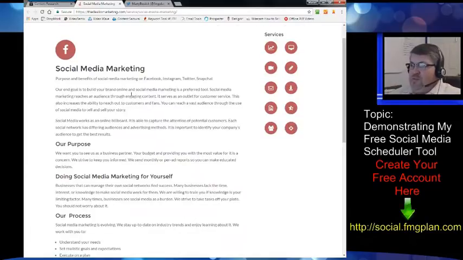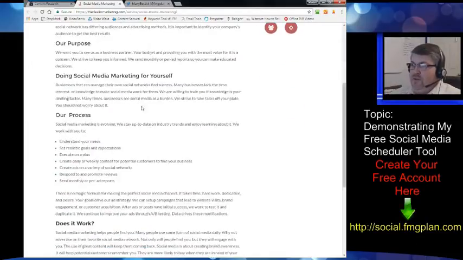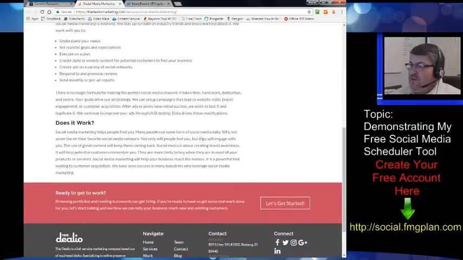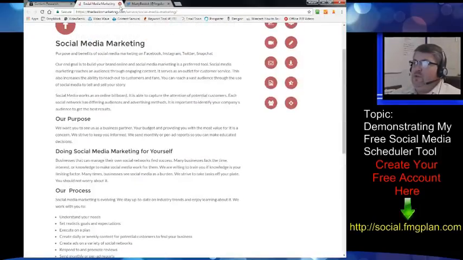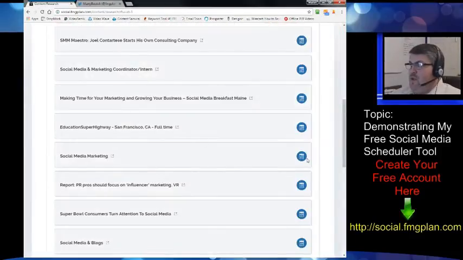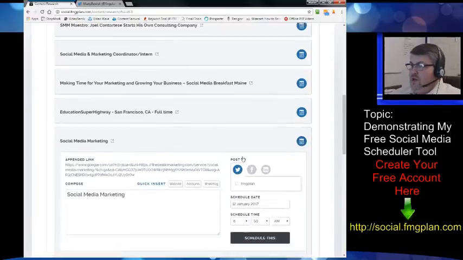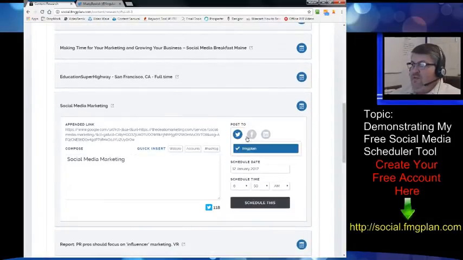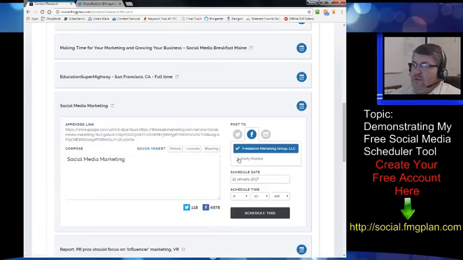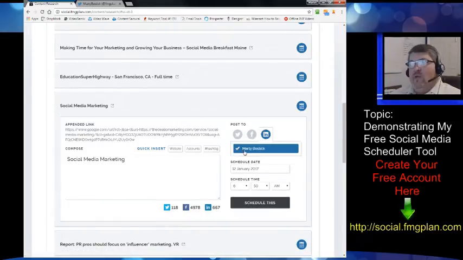It's talking about purpose and benefits, doing it yourself. Okay, that's a decent looking article, so we're going to take that one and click the scheduler button, and we'll do this one about 2 hours after the prior one. Now you don't have to post to all these networks at once. You could do one individually and maybe a different network later with another piece of content. So we're going to put this out there about 11:50 a.m. How about that?